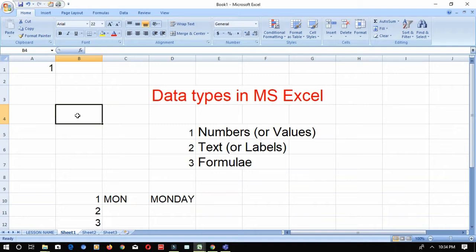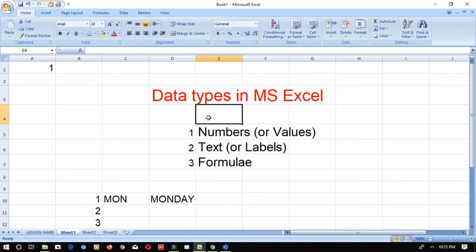So what is meant by cells? They are the intersection of rows and columns. An Excel file is made up of rows and columns. Each box, the intersection of a row and a column, is called a cell. How will you find the cell address? For example, I place my cell pointer in a particular cell. How will you find the address of this cell? You have to see the column header which is highlighted, and the row header. So column B and row 4, that is B4, is the address of the particular cell. In the same way you can find the address of any cell.